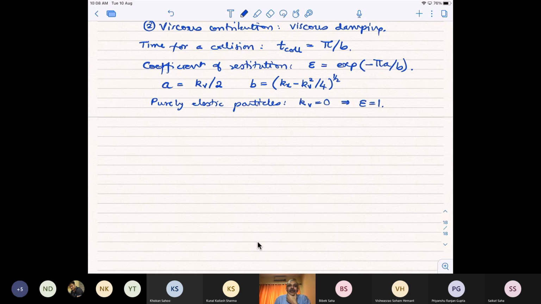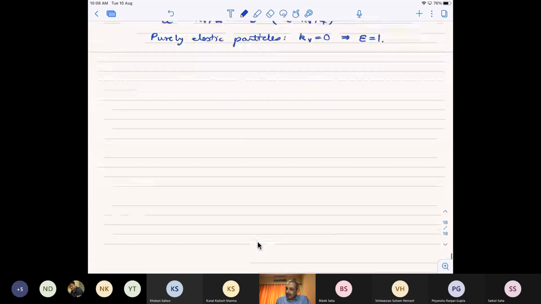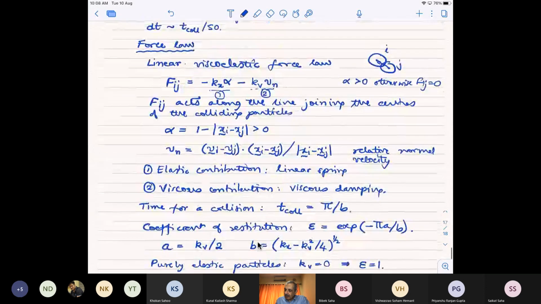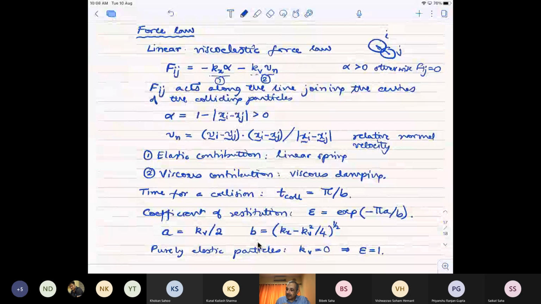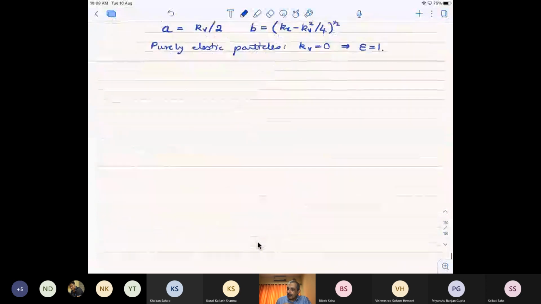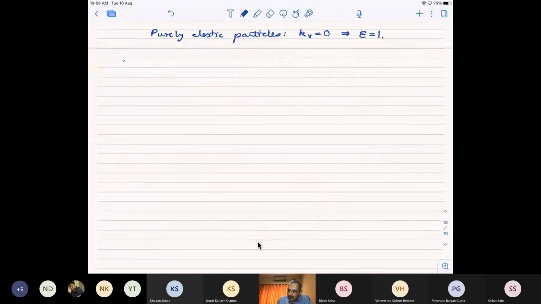So this is the sort of broad definition. So we are looking at a simpler problem. We are looking at particles which interact with this force law. And how do we then solve this? So the computational algorithm is just like this. So the first step is to compute the list of neighbors